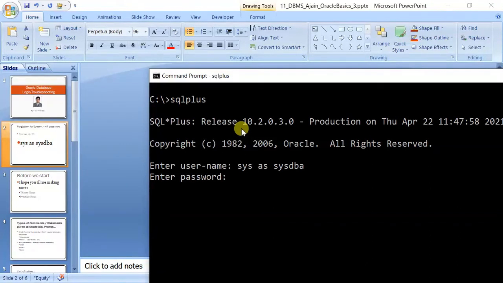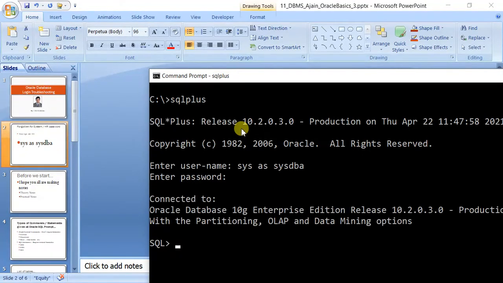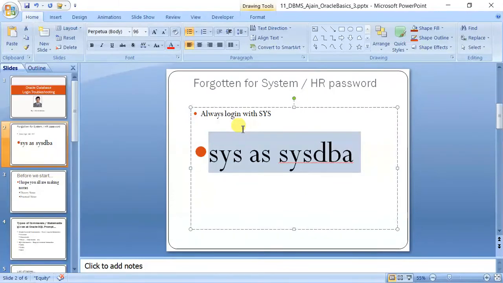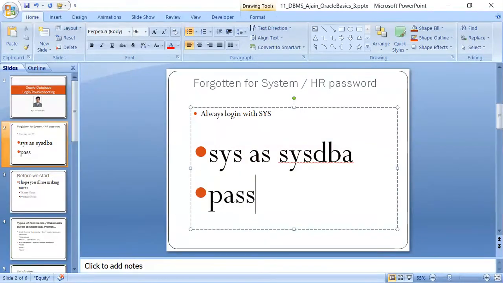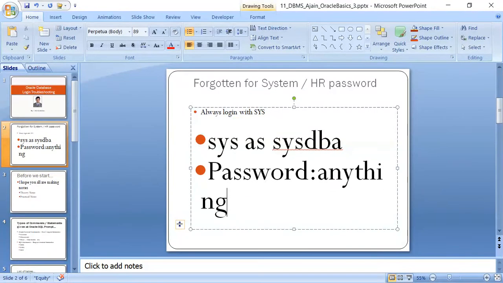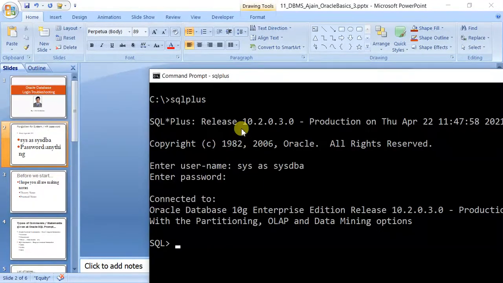Now what is the password? See, it is a trick where you can type any password. For example, I am typing ABCD. It is not visible, but what you can see is connected. So the password can be anything. It will show you connected.